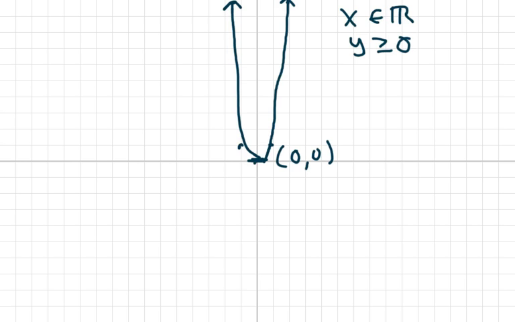Y is positive where x goes to infinity. So y is positive in both quadrant 1 and 2. So basically, y is positive, and it's not negative. So it's positive all the way from negative infinity to infinity. All right, and if we look at the end behavior here,